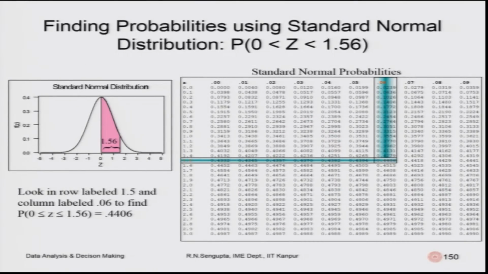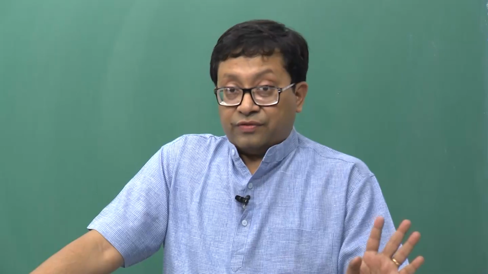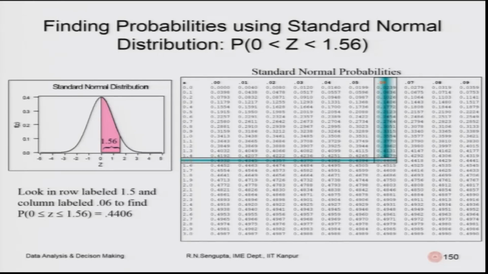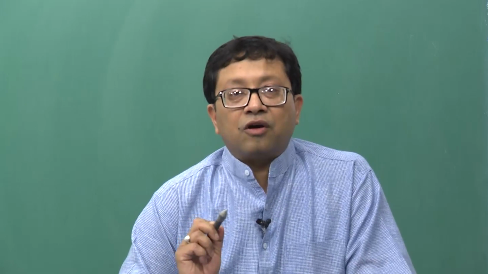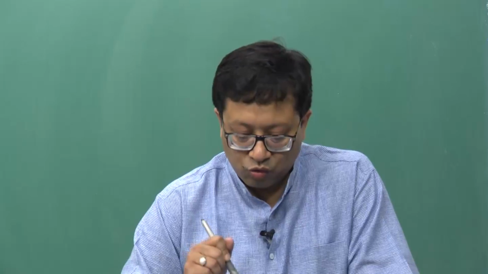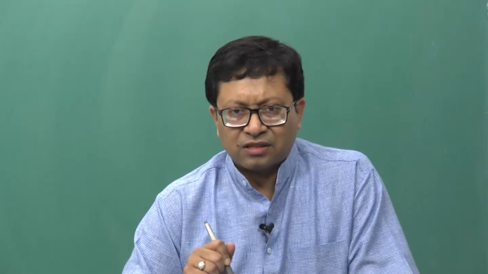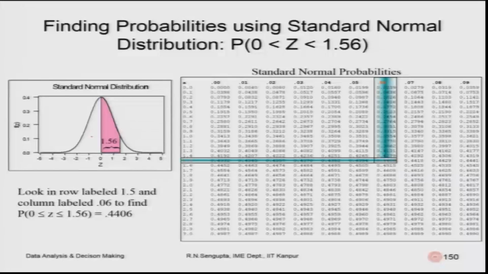Now, we want to find out the standard normal deviate and the corresponding CDF values. CDF is the cumulative distribution function, and based on that we can find out the probability. So, concentrate on the diagram of the normal distribution on the left hand side and the corresponding standard normal probabilities given in the right hand table. This pink area means the overall CDF value, the summation of all the probabilities up to a value of 1.56. So, if that is the value, how do we find it out?